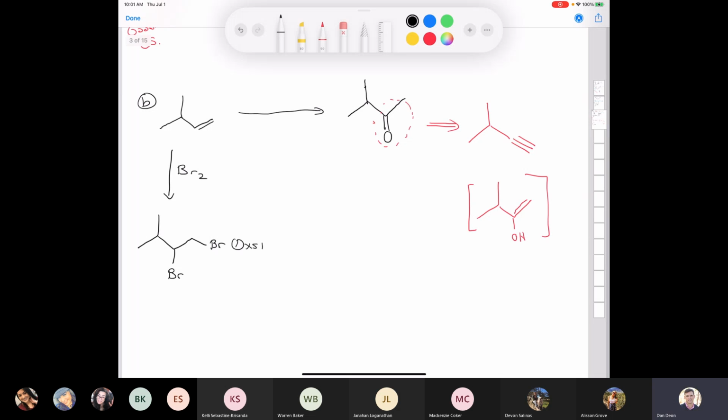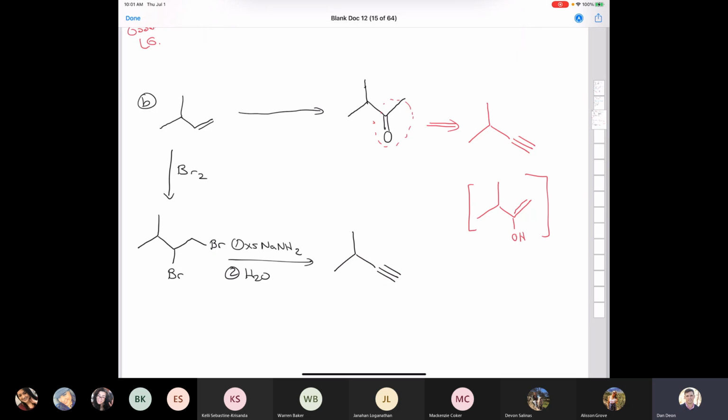What do we do? We treat it with excess sodium amide in the first step, and then we treat it with water in the second step, and that's going to give us the desired alkyne. So oops, there we go. And then the last step is just going to be a Markovnikov addition of water across